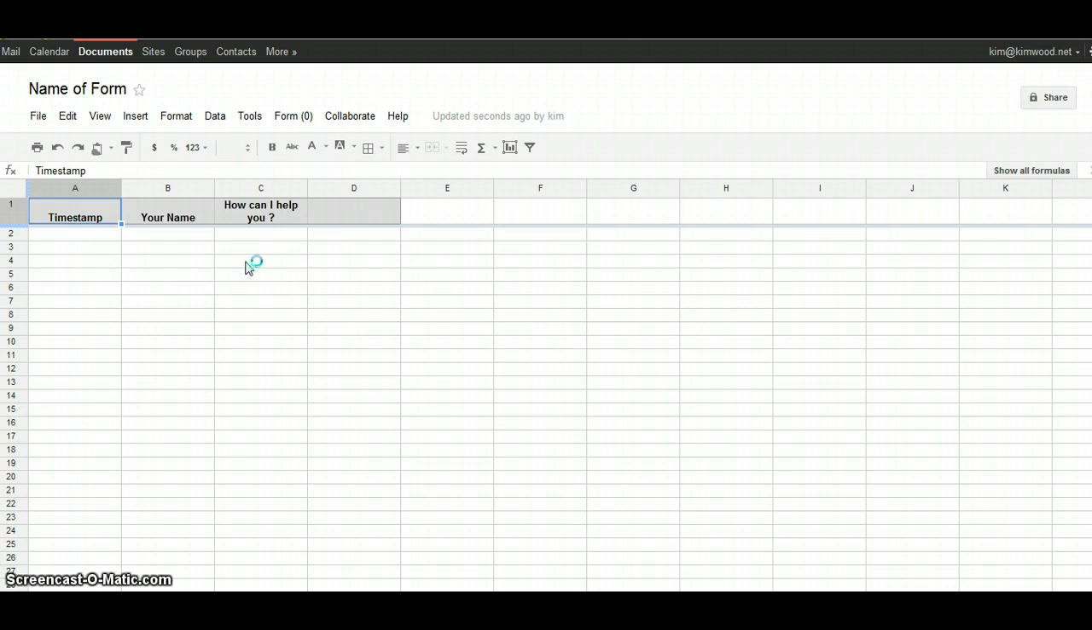I hope that you find a lot of different uses for forms and start creating